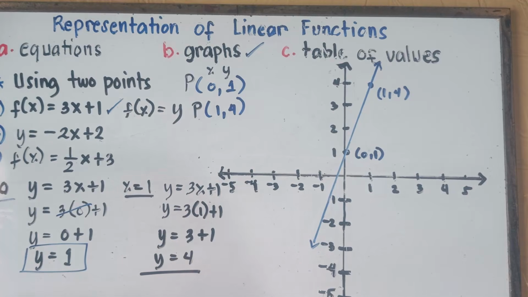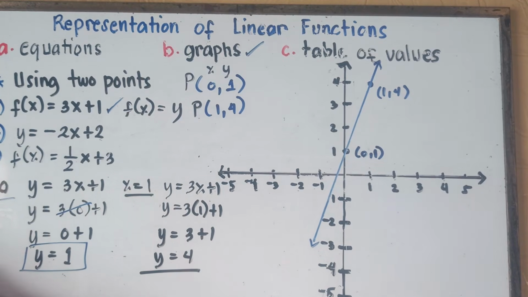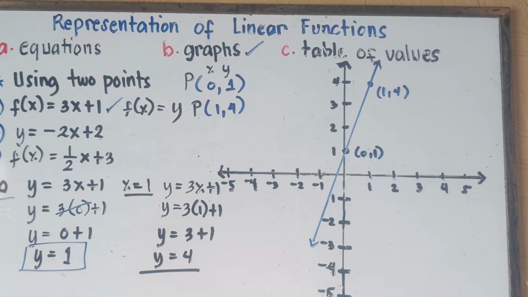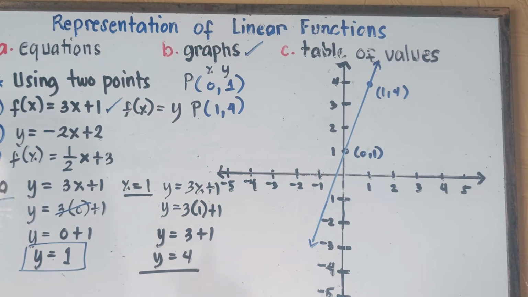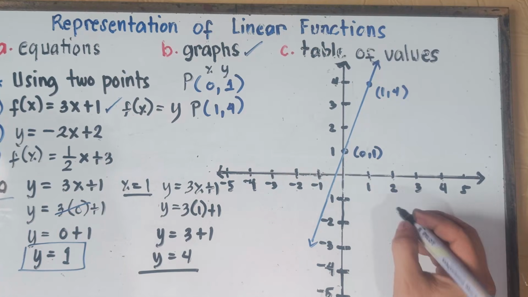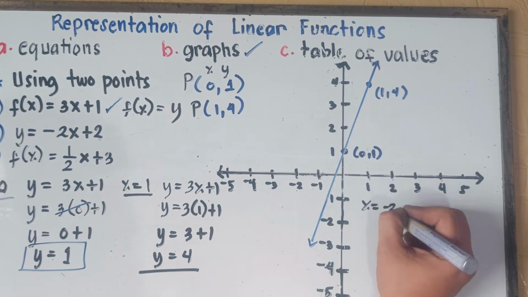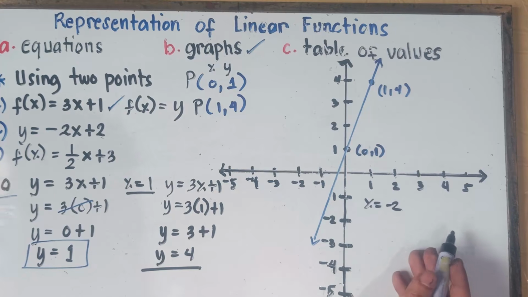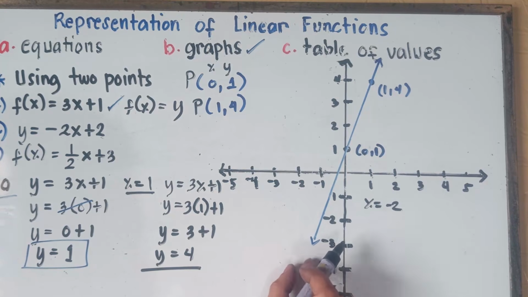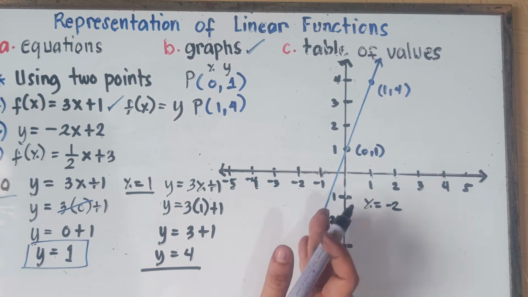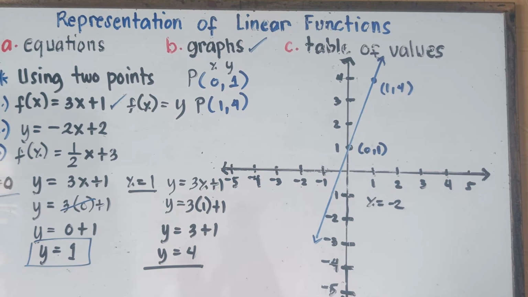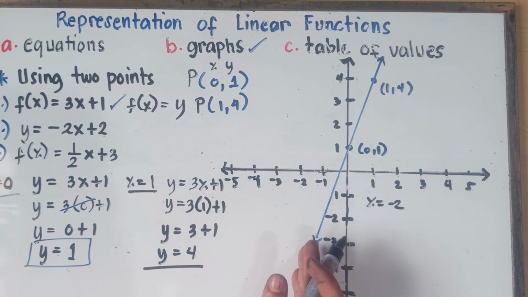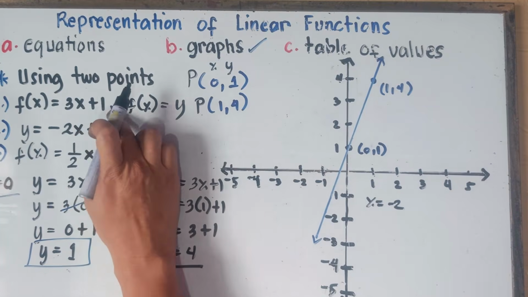Easy, right? Now, question, sir. I have a question, sir. You told me a while ago that you can choose any number for x, right? Let's have a complicated example for x, class. What if I say x is equal to negative 2? Now, when x is negative 2, of course, you will get a value of y. Does it pass in this given line? Yup, it will pass in this given line, class, because I told you a while ago, you can choose any number. It doesn't matter because it will pass in this given linear function because this is a linear function.